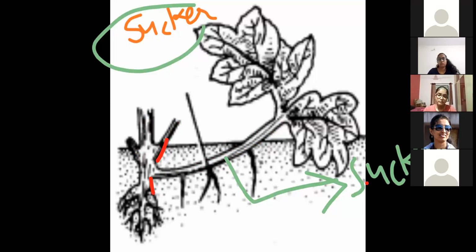This branch of the stem which helps in vegetative propagation to form an entire new plant, that we call the sucker. Tell me, is it clear? Sucker, these words should come to mind. Underground stem branch, first it grows horizontally, then obliquely, and comes upward. The part which comes outside, from which gradually the leaf system develops, and the part which is embedded over here, from that the root system. But before developing their own system, it gets nourishment from the mother body. That's why the name given is sucker.